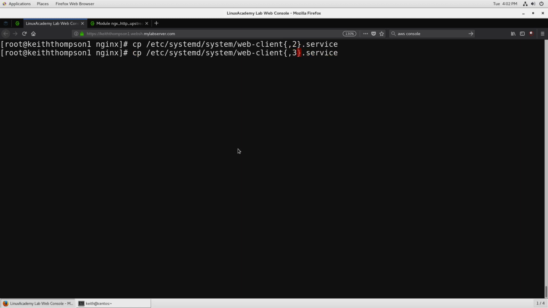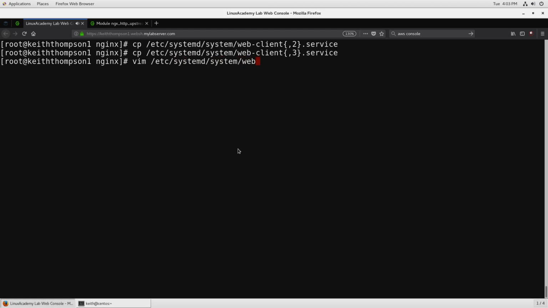web client 3. This service is already made to work with a port, and by default, it's listening on port 3000, so we're going to make some modifications to this to change the port for each of these services so that we can pretend that they're completely separate servers. In reality, they're separate applications running on the same physical server, but they could be separate servers all the same. Let's first take a look at